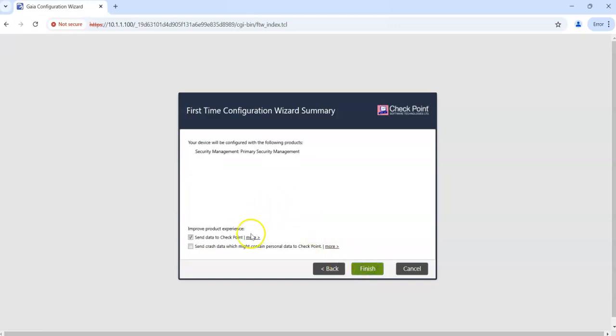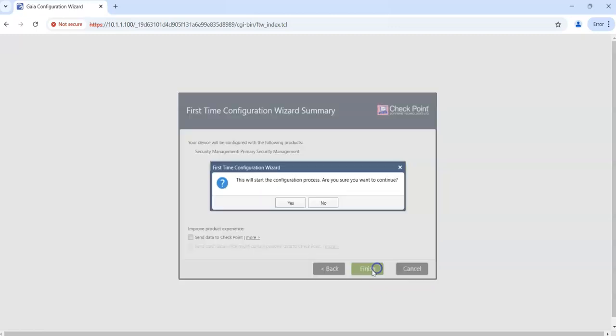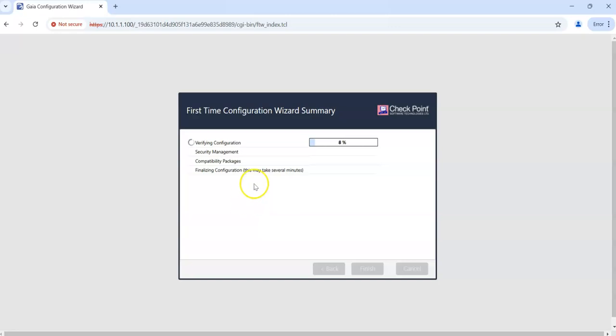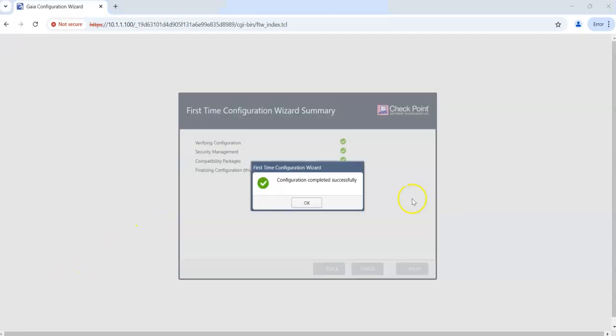So for now, as a lab, we continue, and then the machine starts the configurations, and then it reboots. So I will pause the recording and restart when this completes. Okay, so the configuration completed after about 10 minutes, and we will say okay, and the machine will start to